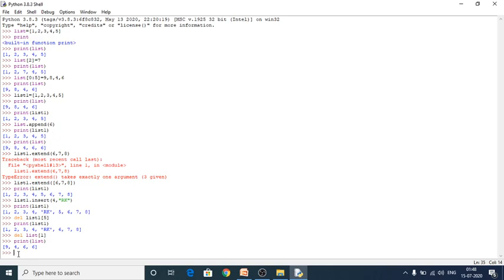So next one is the remove function. So here to use the remove function, list dot remove. Within the bracket I have to give the particular value which element I want to delete. So 5 I want to delete here, already 5 was deleted, so 8 I want to delete here. Okay, so there is